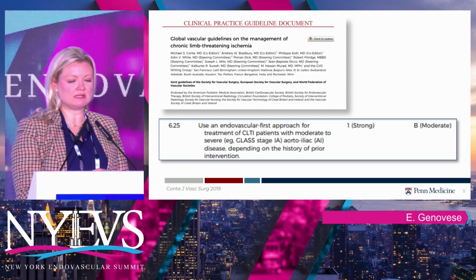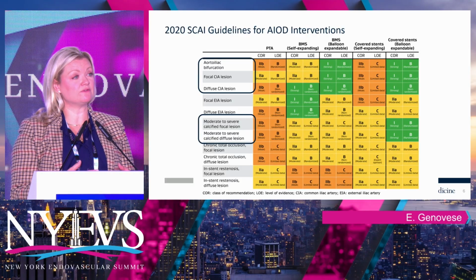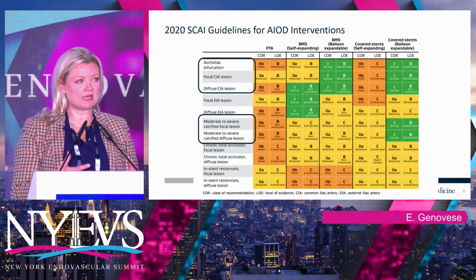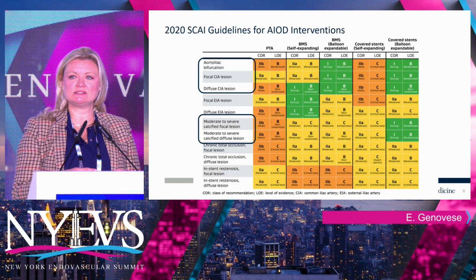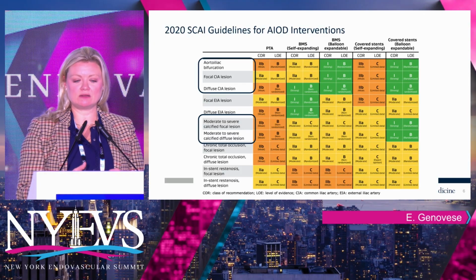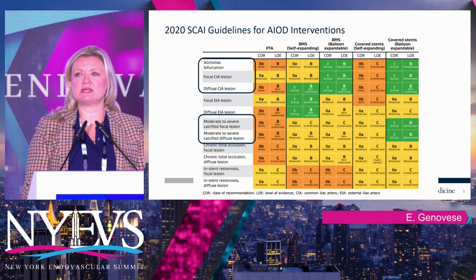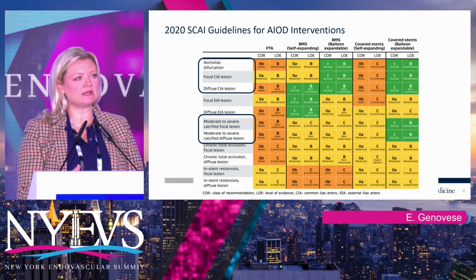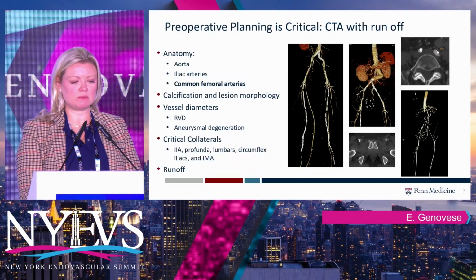This was also supported in the SVS global guidelines, and then the SKY guidelines go even further, recommending different types of therapies for different lesions. While the level of evidence supporting this is variable, what we can agree on is that for aorto-iliac bifurcation disease and focal common iliac disease, there's strong level 1 support for balloon expandable stents, both covered and uncovered. When there's a moderate or severe degree of calcium, the data really support covered stent utilization. Owing to these very complex aorto-iliac reconstructions, we have increased patency with covered stenting versus bare metal stenting.